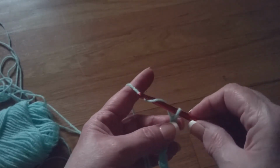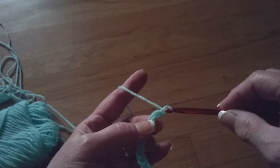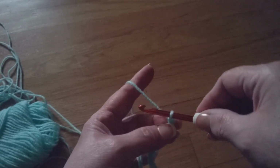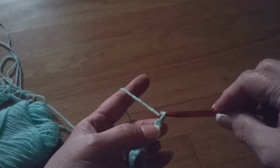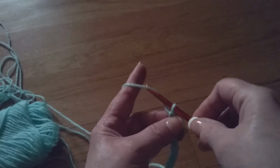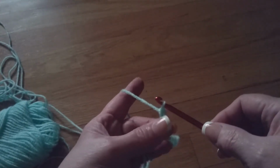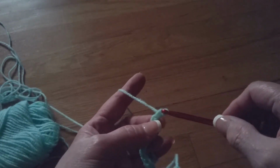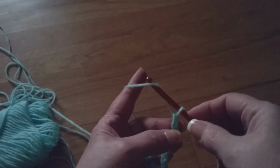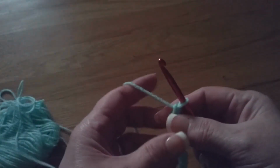Okay, I got 11, 12, 13, 14, 15, 16, 17, 18, 19, 20, and 21. Okay, the reason why we do 21, because we're going to make 20 single crochets, and we need